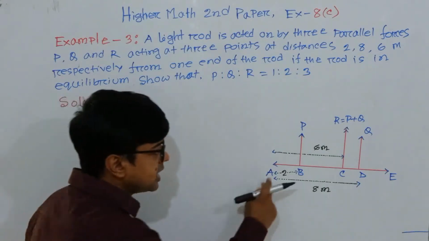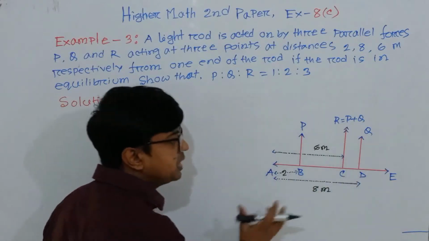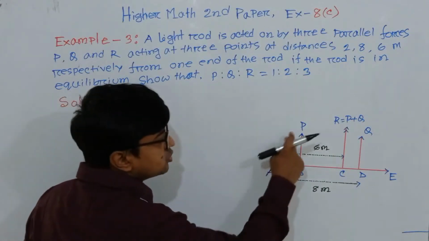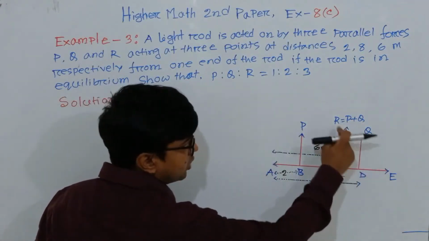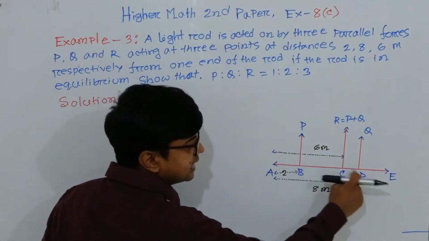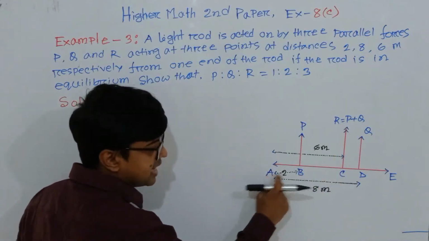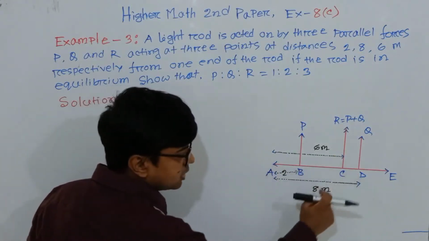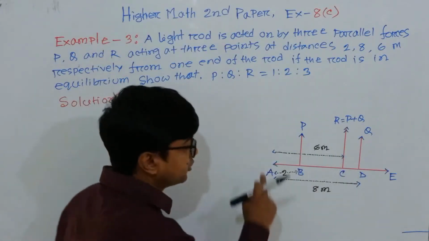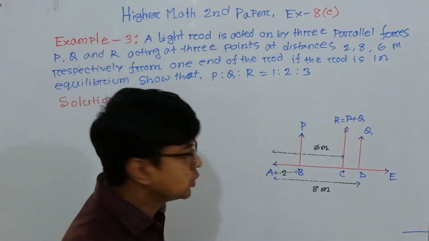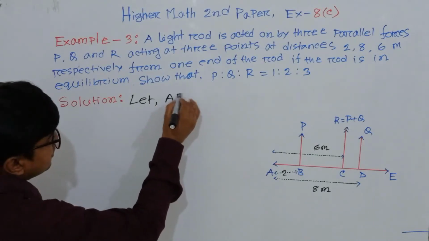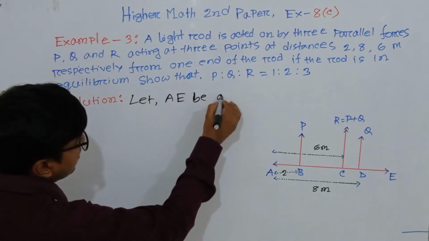Look at this. Suppose AE is a light rod, and three parallel forces P, Q and R are acting at points B, D and C with distances AB equals 2 meters, AD equals 8 meters and AC equals 6 meters respectively from the point A. So now we can write here, let AE be a light rod